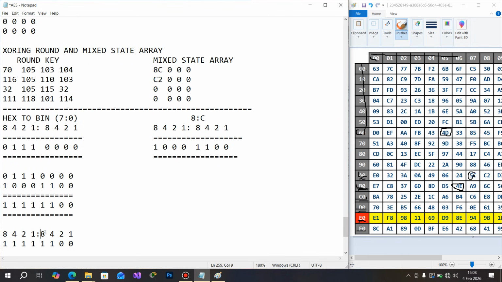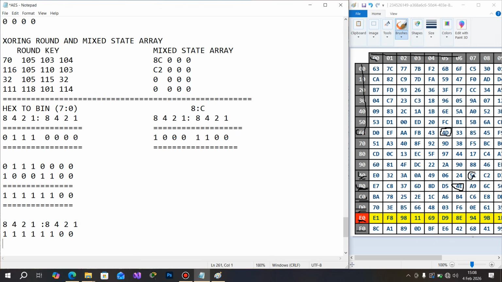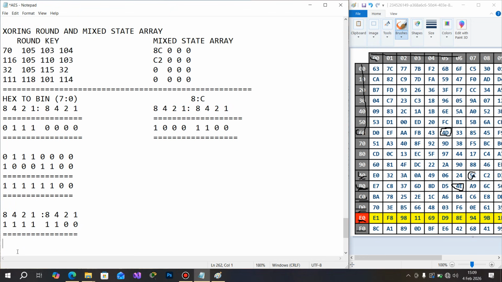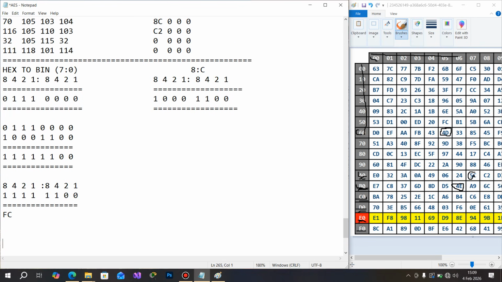Something like this. So what do we have here? Easy. Here we have this will be 15, so that will be F. Then this will be 8 plus this will be C, like this. So we'll get what is known again